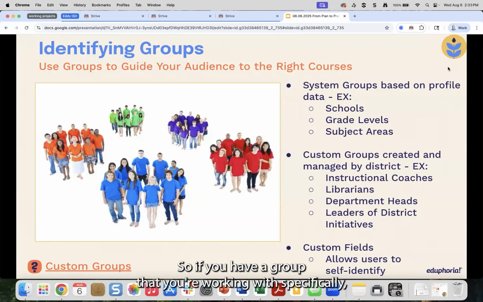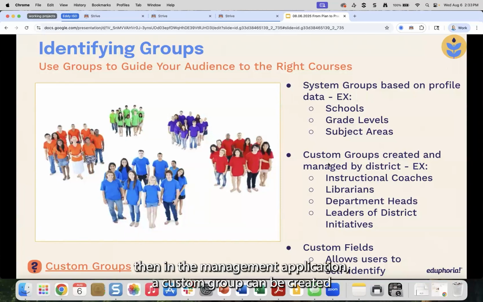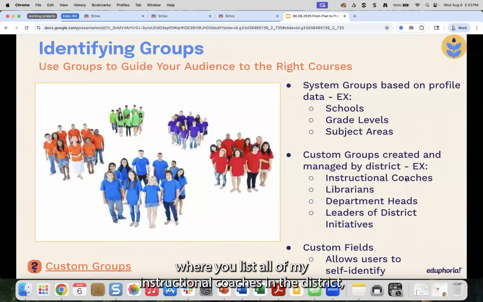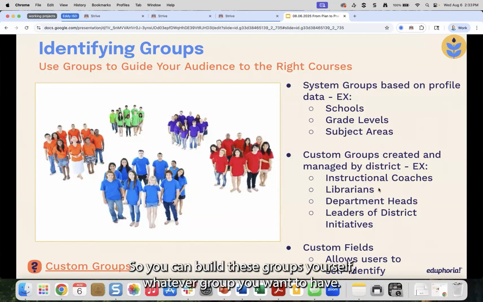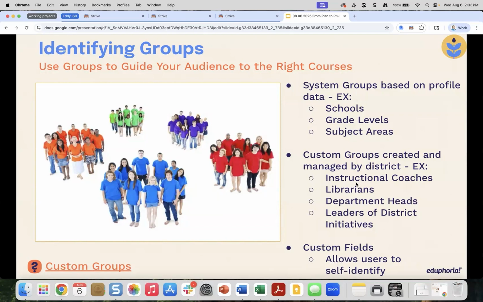So if you have a group that you're working with specifically, then in the management application, a custom group can be created where you list all of my instructional coaches in the district, and then I can assign them to specific professional development or send them other communications. So you can build these groups yourself, whatever group you want to have. It could be lead teachers, it could be department heads. Well, I have department heads on the list. So whatever you want